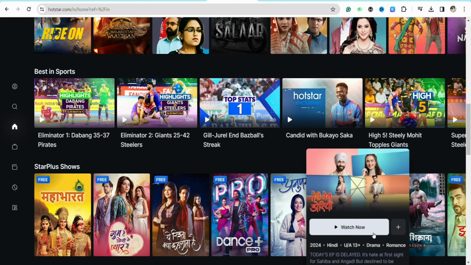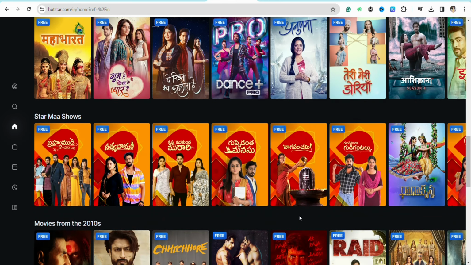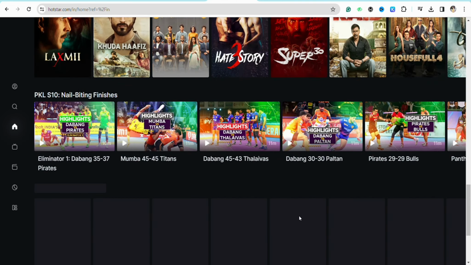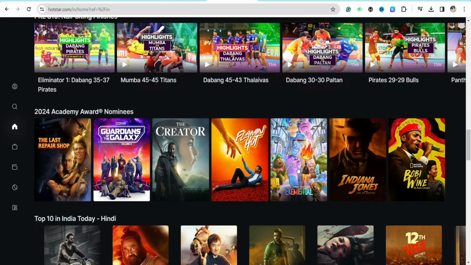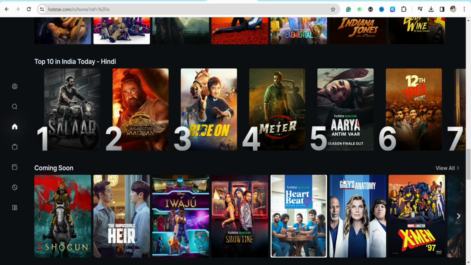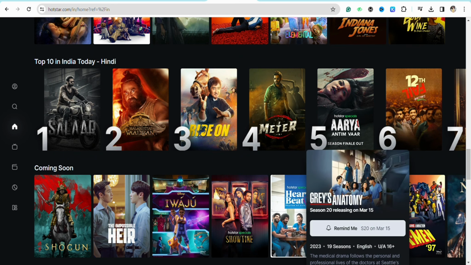So if you're living outside India, you won't be able to access Disney Plus Hotstar, which is exclusively available to the Indian audience. So to change your location or your region in order to use Disney Plus Hotstar, you need to get a